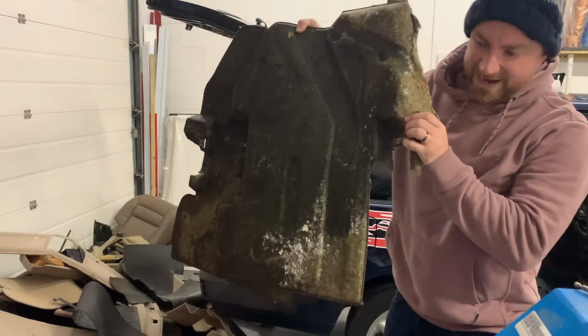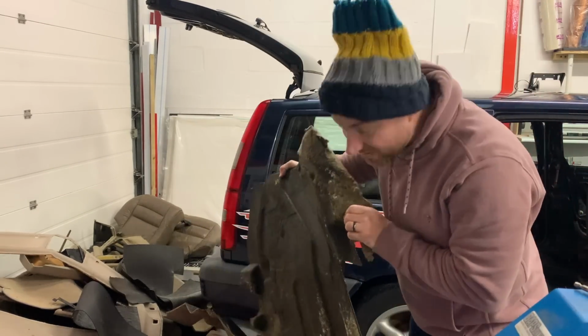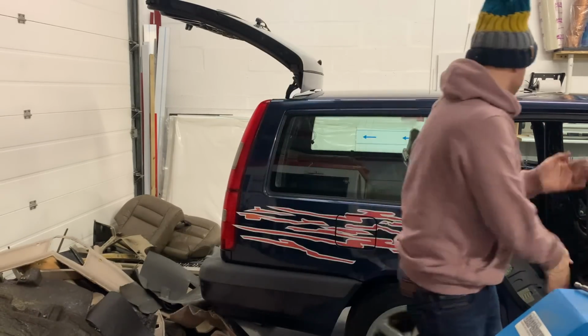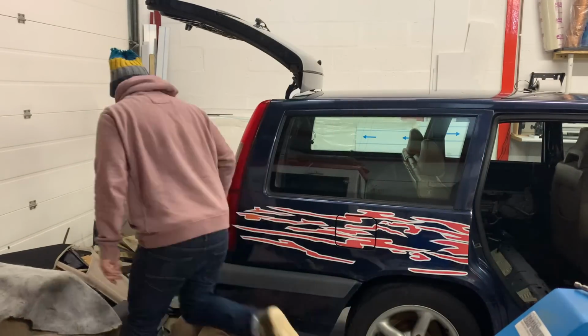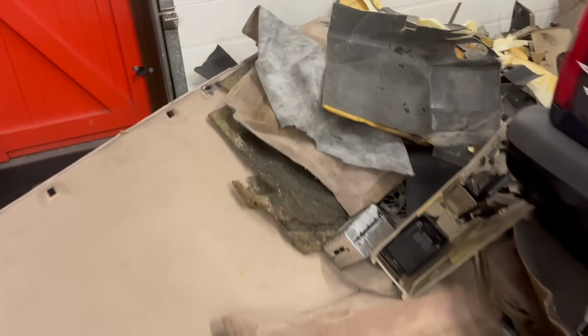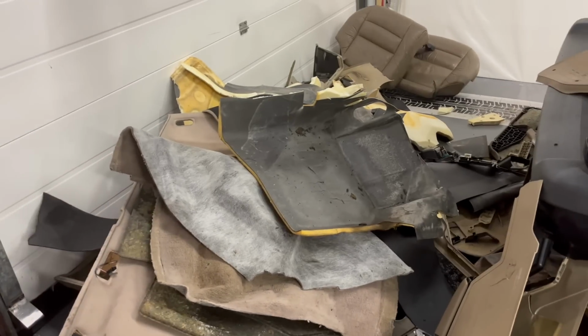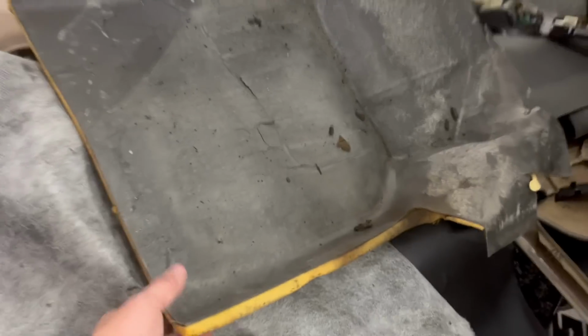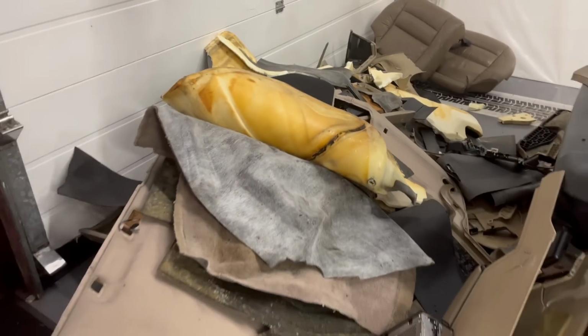I think I found all the water. That is absolutely sodden wet. Here's the pile that has come out the back, and it is quite a pile when you put it all like that. Most of the water is in this bit. That is heavy. So I'm going to put all this back in the car, and then we're going to go weigh the car,